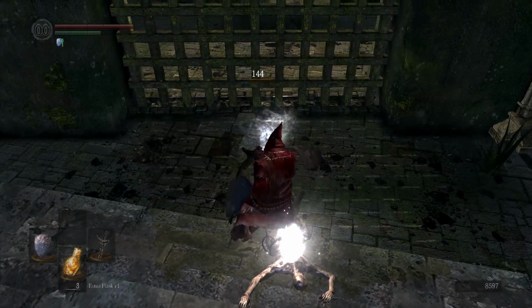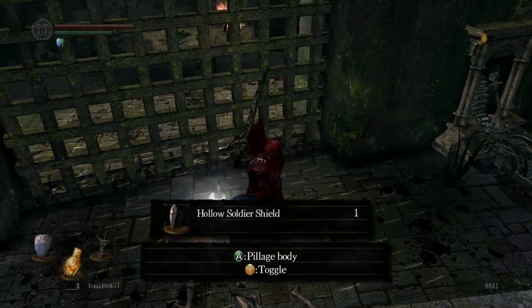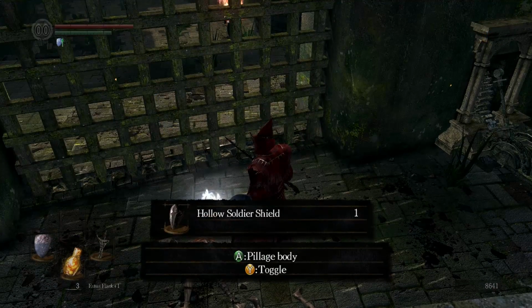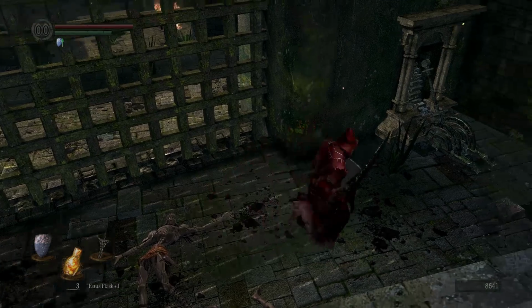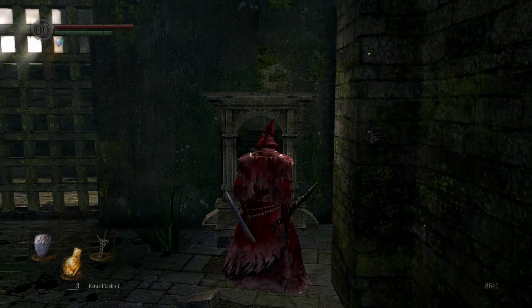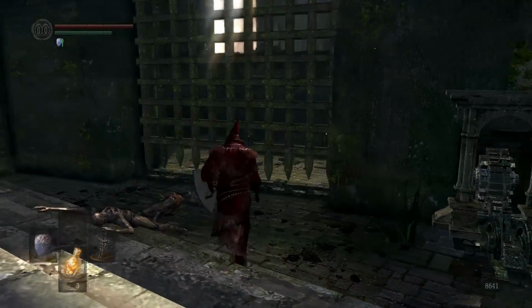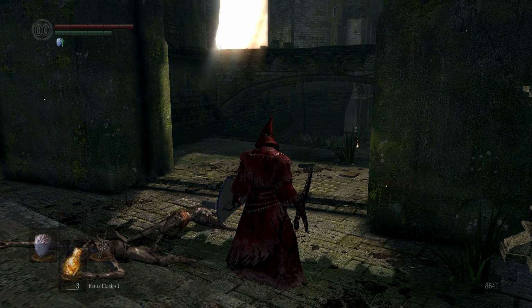This key right here, this basement key, will allow us to unlock the door that's on that bridge. Oh, I dropped two things. That's on the bridge that the dragon is guarding, kind of by Solaire. And that'll bring us even lower. But for now,